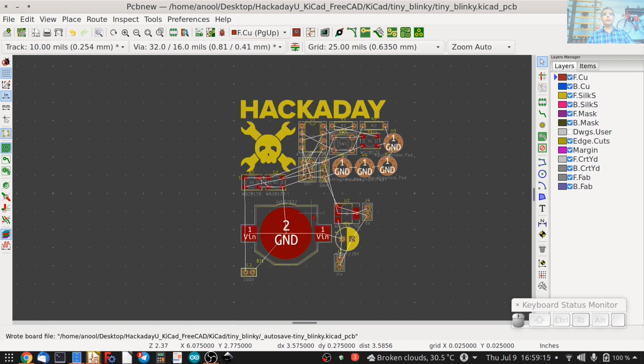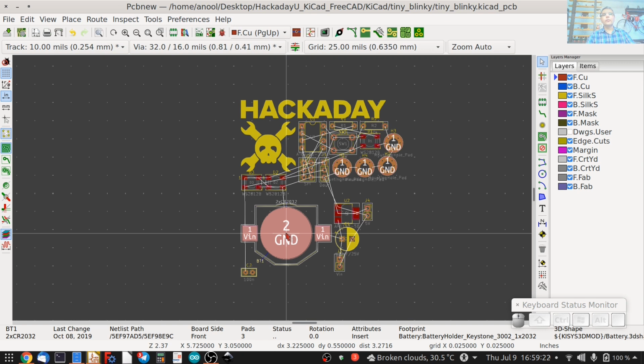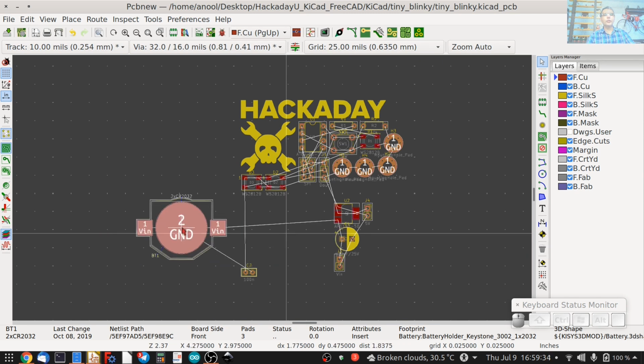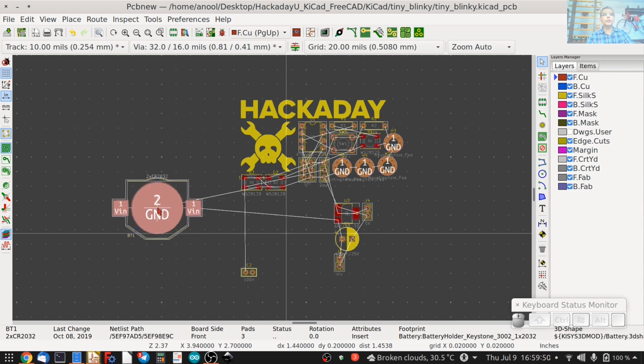Also, similar to eSchema, you can move a part by hovering your mouse somewhere over the part and then pressing the M key. And you'll notice the part gets highlighted. The mouse cursor then moves to the anchor point, or the center usually, of the part, and you can now move it. At this point, you can rotate the part by using the R key. So R, that's rotation. If I want to place this part on the bottom layer, I press F for flip. And if I press F again, it comes back to the top layer.